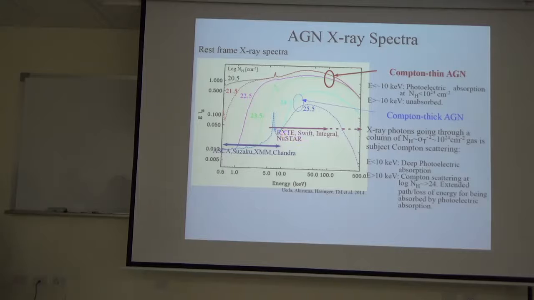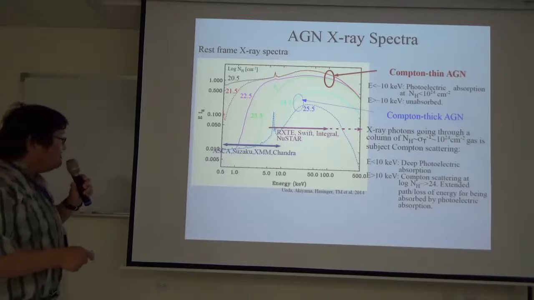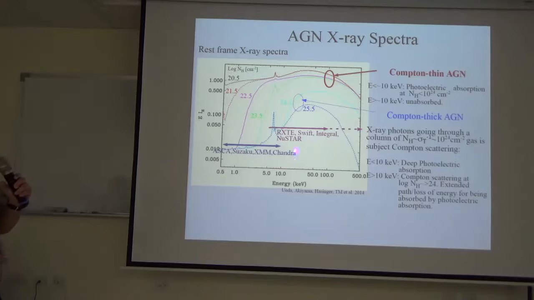NuSTAR is the first imaging telescope that goes close to 100 keV, something like 80 keV. And the ART-XC that we heard about earlier remotely